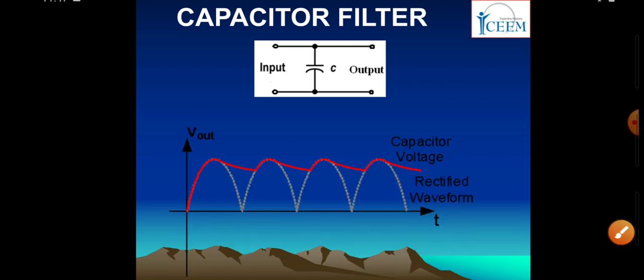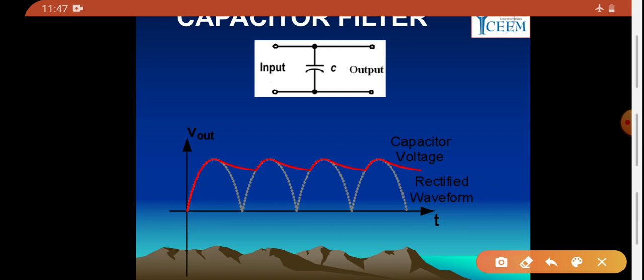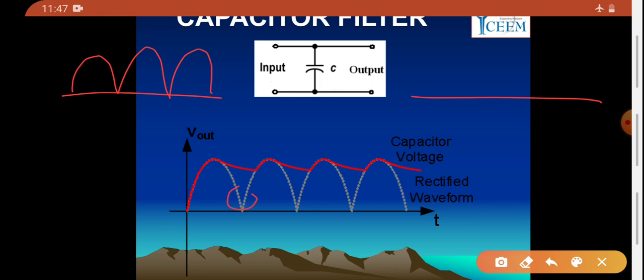So this is the output of rectifier and filter, which is combinedly shown here. The waveform with the dotted lines is the output of rectifier, means this is the input signal applied to the filter. This is the output of rectifier, and output of filter will be like this. There will be